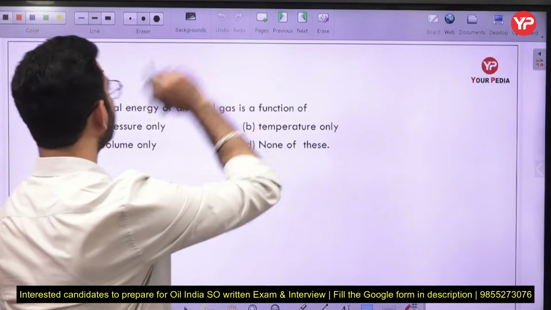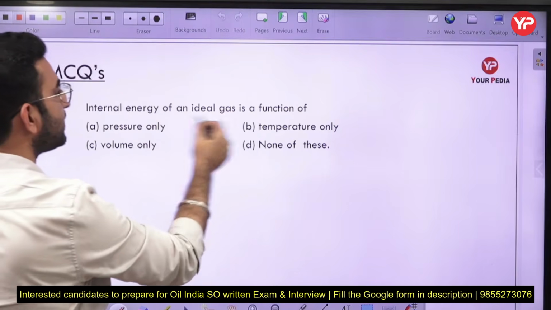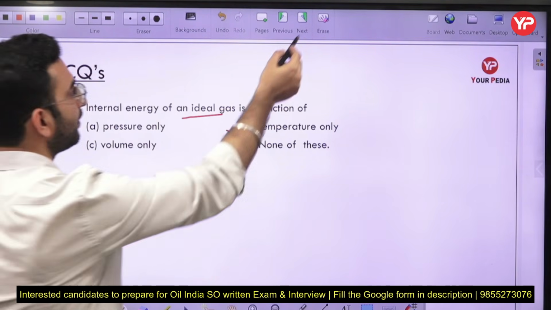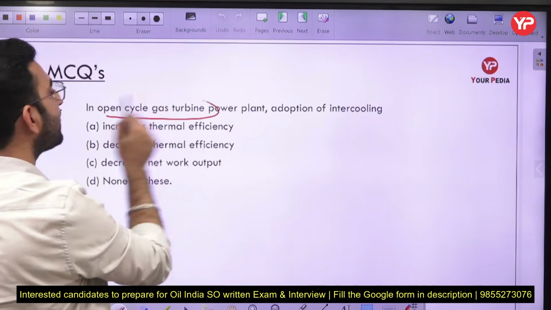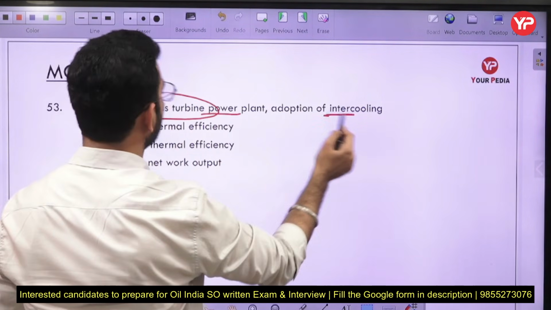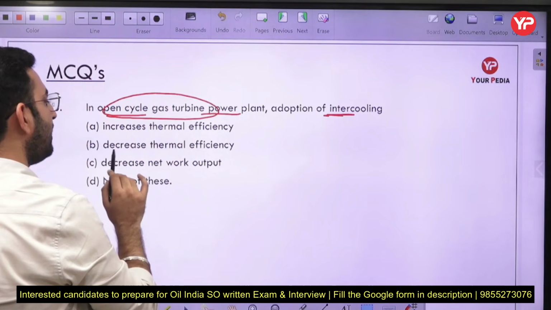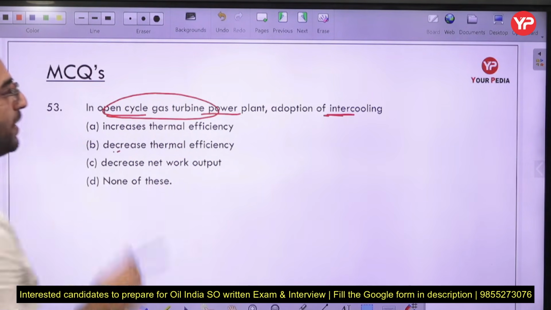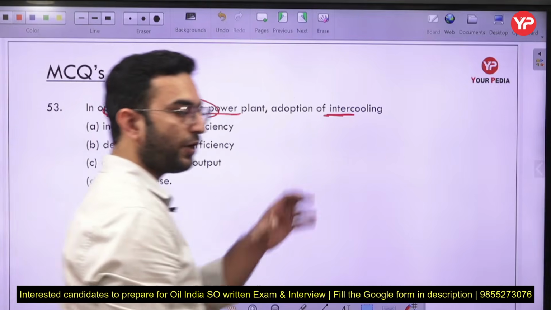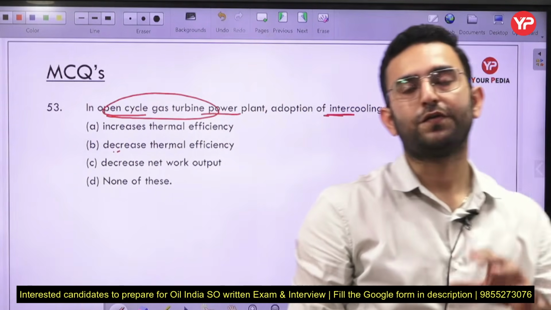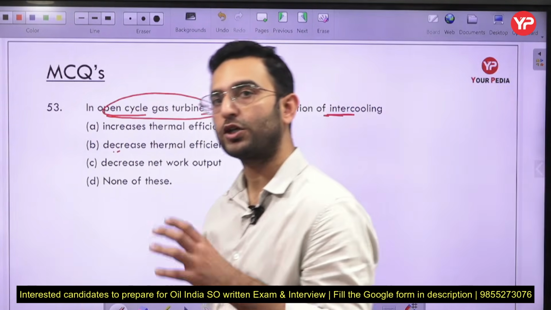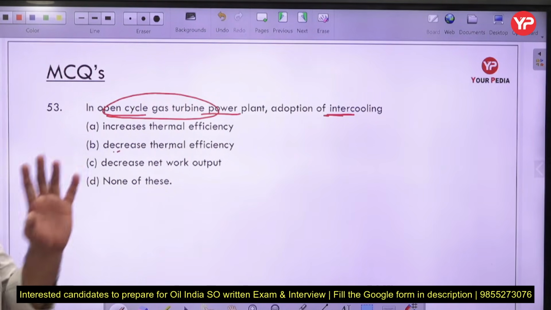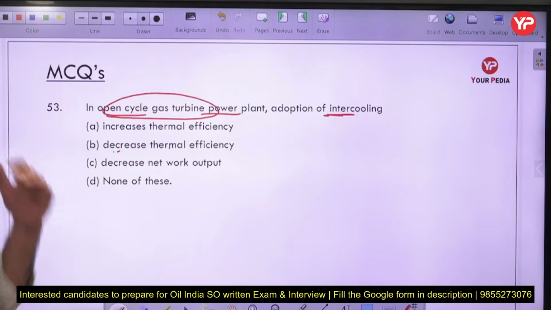Now coming back to the next question. Internal energy of an ideal gas is a function of, that is a simple case, temperature only. Next, in an open cycle gas turbine power plant, adoption of intercooling increases the thermal efficiency, decreases the thermal efficiency, decreases the net work output, none of these. So basically intercooling is generally done to reduce the work input to the compressor. So if you are reducing the negative work in the cycle, the corresponding net work is going to be increased. So I can say the net work output is going to be increased here,